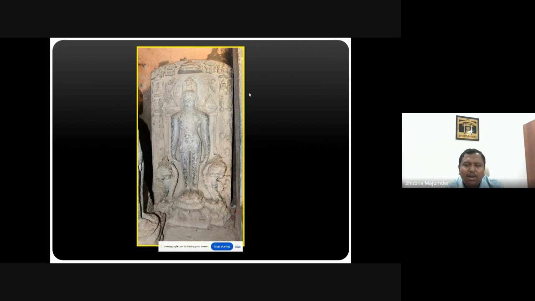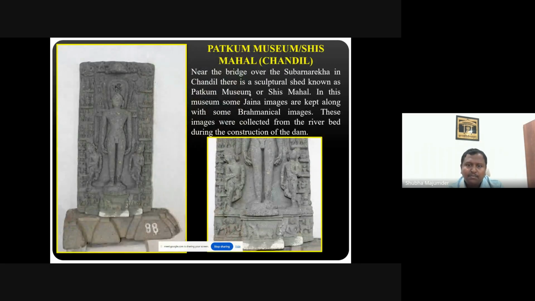In these images, only the 24 Tirthankaras are depicted, with no additional planetary deities. The rest of the three images contain the 24 Tirthankaras along with miniature Tirthankaras. I also include these two or three images because these are from an earlier site, Bhula,